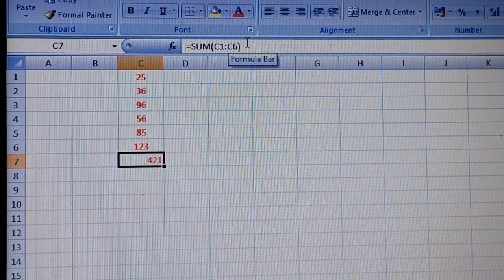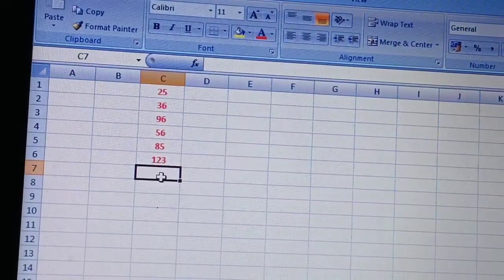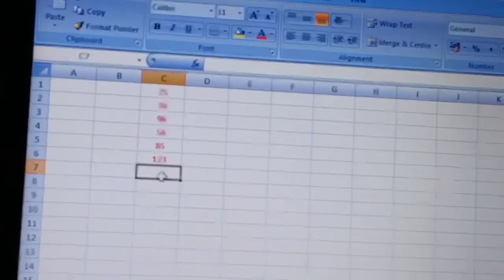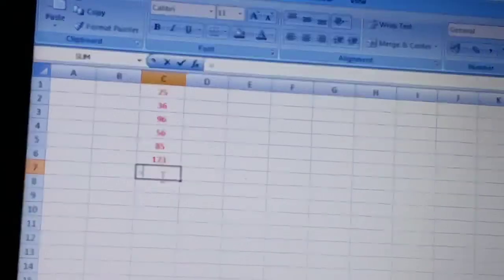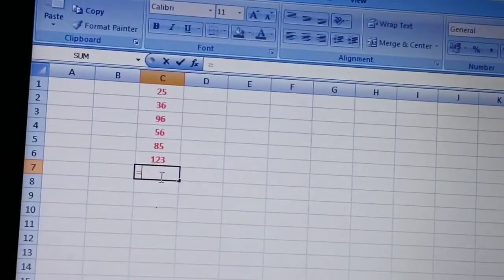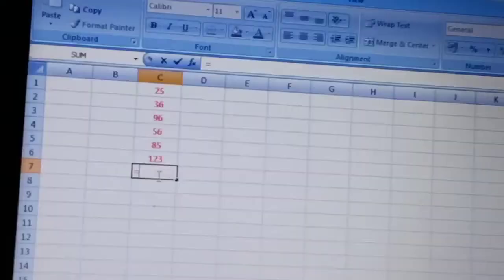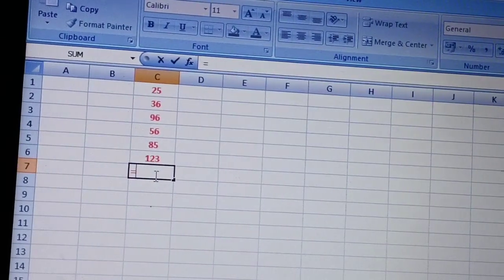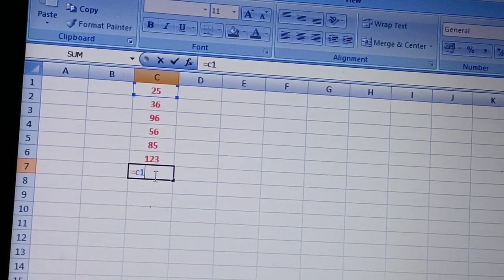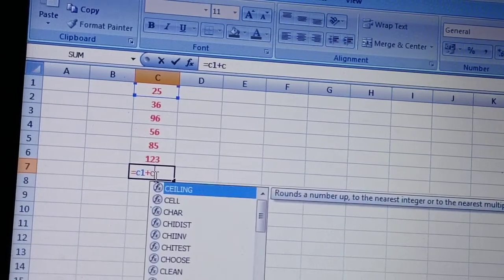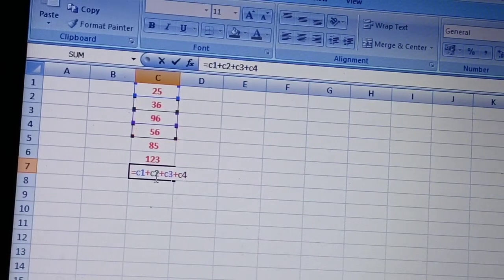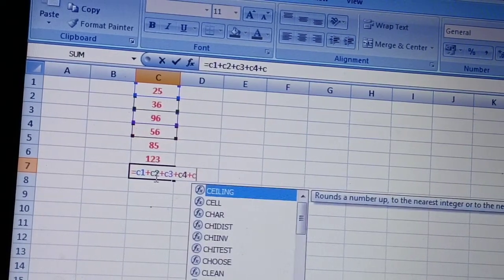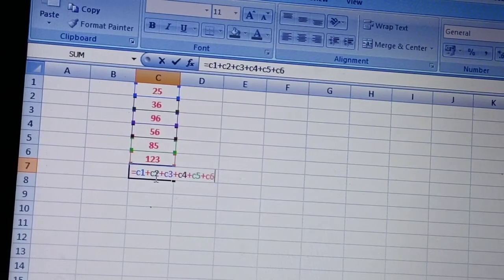Clear? Simple formula. The second way to find the sum, you simply write the formula, equals, then you write the cell address. What is the cell address? C1. So you have to write C1 plus C2, the column is the same, only the row value is changed, C3 plus C4 plus C5 plus C6.